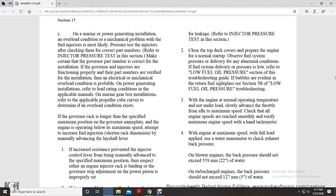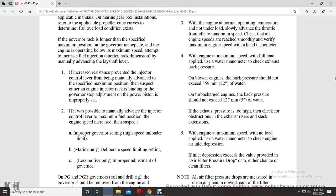If the governor rack is longer than specified at the maximum position on the governor nameplate, with the engine operating below maximum speed, attempt to increase the fuel injection and shorten the rack dimension by manually advancing the lay shaft lever. If resistance is felt and the injector control lever cannot be manually advanced to the specified maximum position,